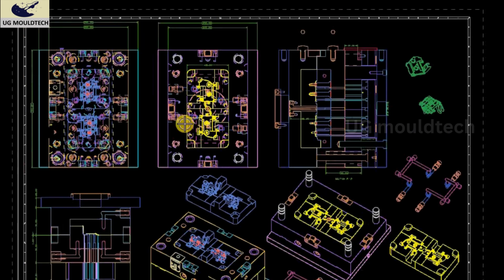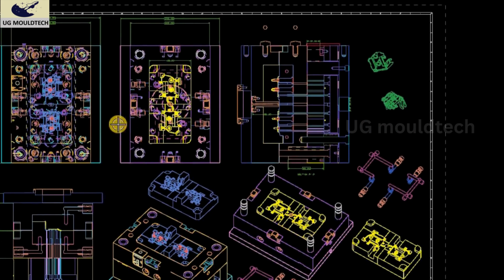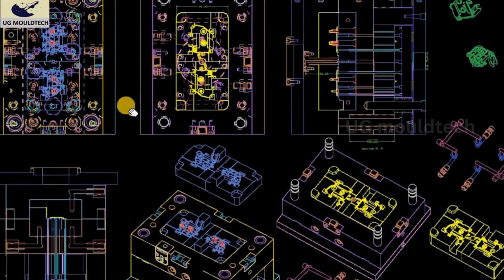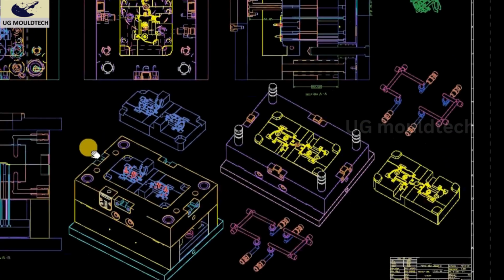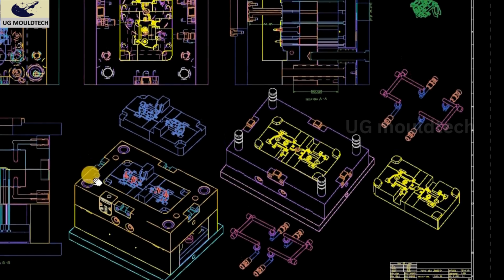Ever looked at a mold assembly drawing and thought, what on earth am I looking at? Today I will show you how to read the core, cavity and insert layout step by step so you never